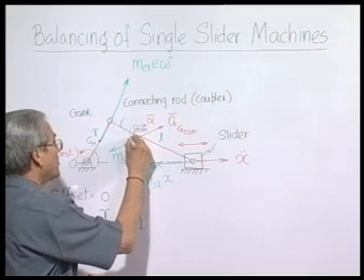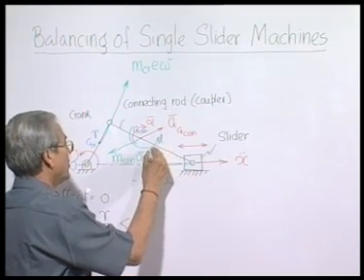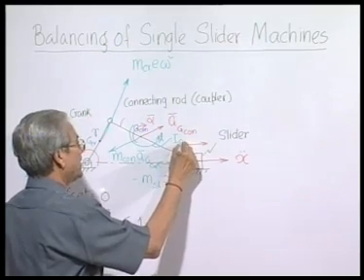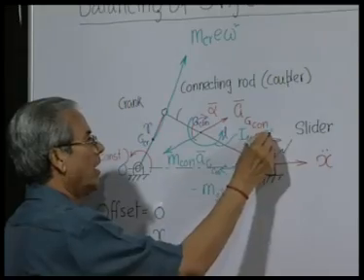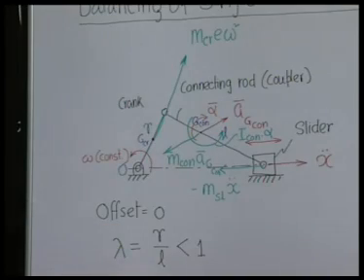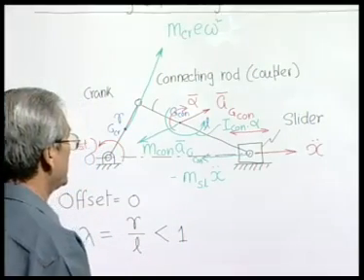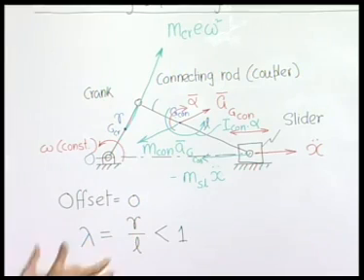It will also produce an unbalanced moment, which will be the moment of inertia of the connecting rod into alpha, opposing the sense of alpha. So you see that even for the simplest mechanism like a single slider mechanism, the total unbalance effect the support of the whole machine is going to experience will be